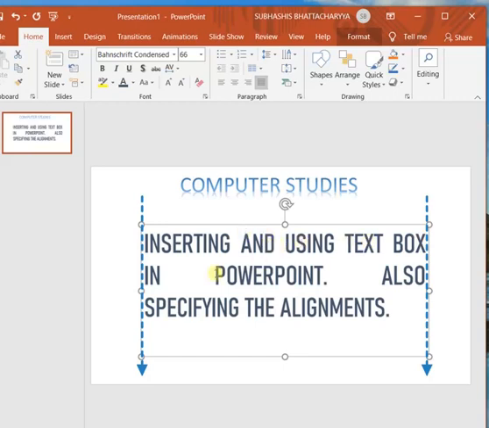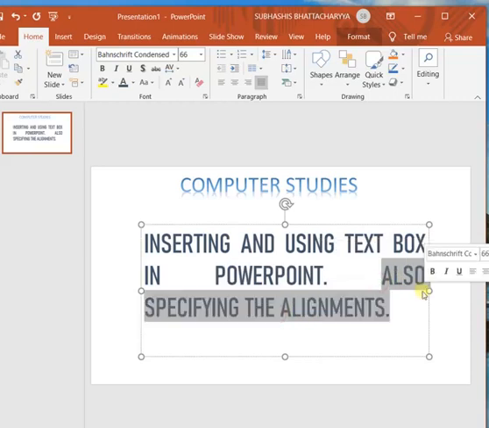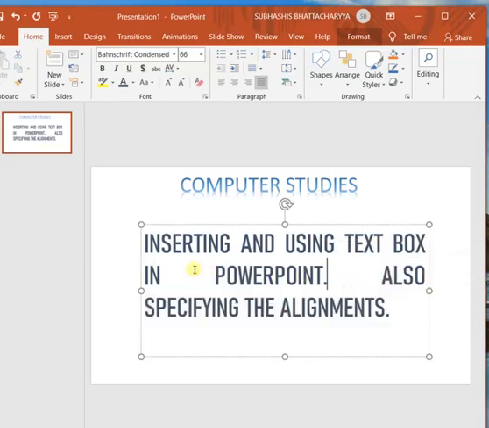To make it like this, an extra space is added between the words automatically. So you can see that in this second line, a long space is added between these two words, in PowerPoint also. Why is this space added? This space is automatically added by PowerPoint to make it justify, so that it can look even from the left side also, from the right side also.